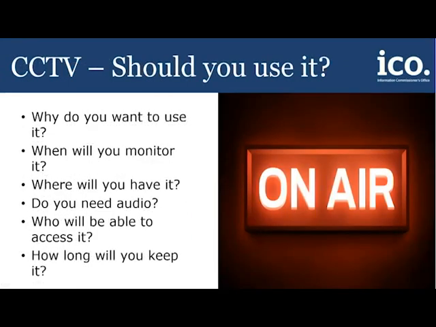Questions about using CCTV are commonly raised from businesses in your sector. A lot of these focus on using CCTV to protect your properties and tenants, particularly when it can be used in communal areas and who should be able to access it. So there are a number of things to consider when you're looking at using CCTV. The first thing to consider is why you want to use it. You'll need to have a clear idea of what the purpose of it is, why it's necessary, and in what situations you will view and use the footage.